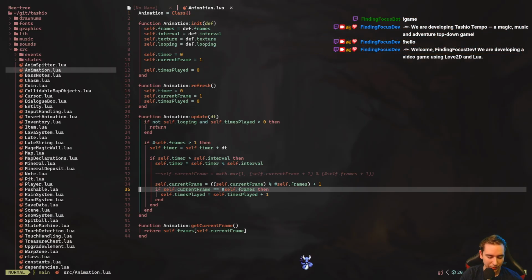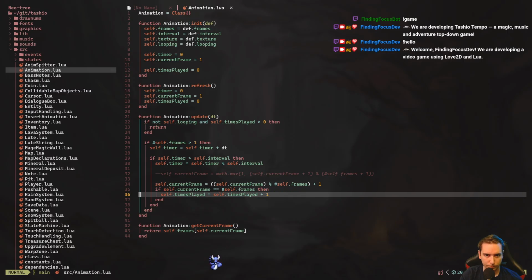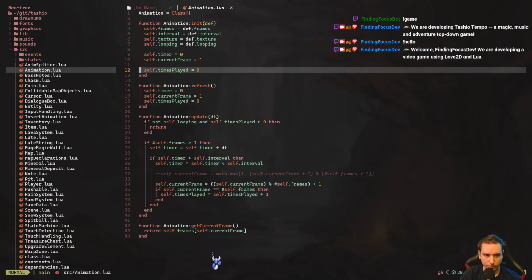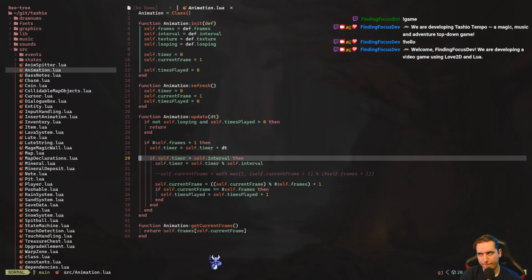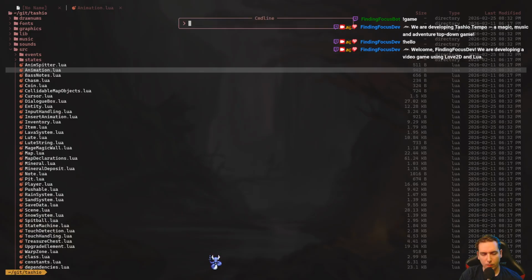So let's see here. Maybe we do... not even in Tmux. Okay, so what we want to do is pull in our develop, but I don't want to merge it just yet. I just want to pull it.